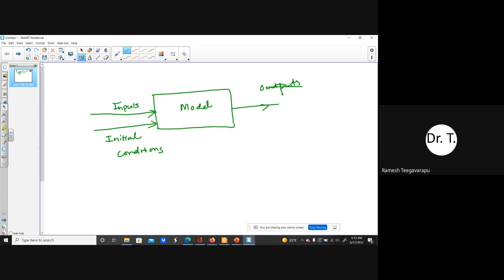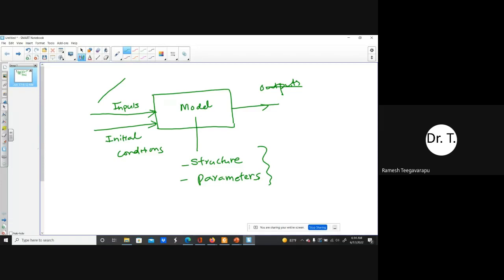And then you have the model structure and parameters, which need to be obtained by some kind of optimization technique or trial and error. So what happens is that irrespective of all good intentions, we will have problems with input uncertainty.